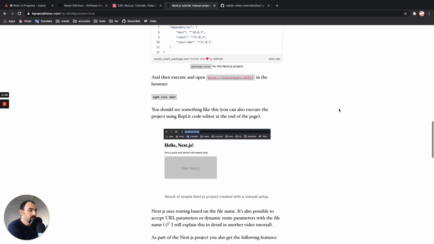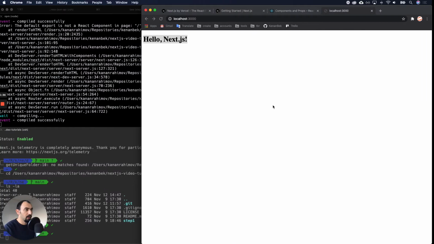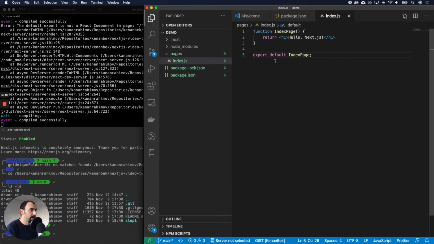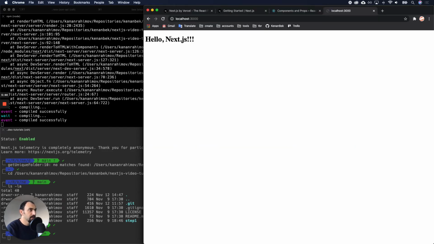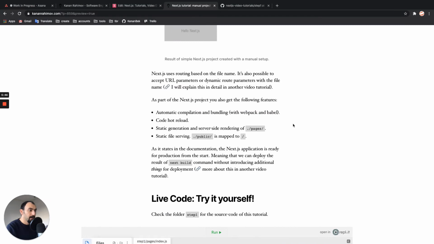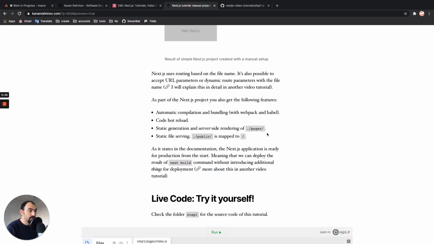So basically, when we have our initial project, what we get is hot reload, meaning that if we do any changes here, this project will automatically detect it, and then you will have it here. A few more details, you can also check the website of Next.js official documentation for more, but basically, yeah,